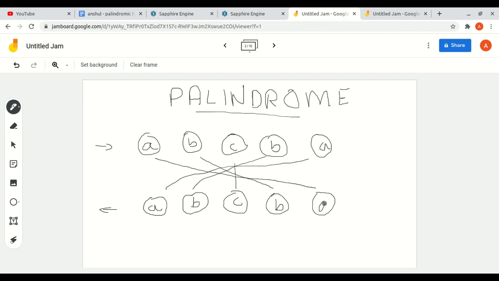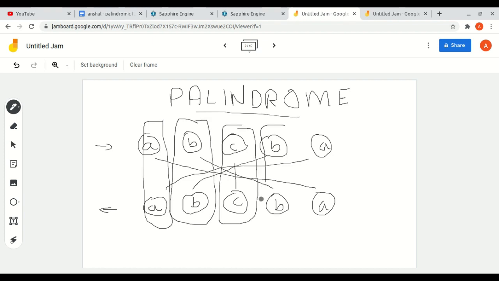If the reverse sequence is exactly the same as the original sequence, then our sequence is a palindrome.